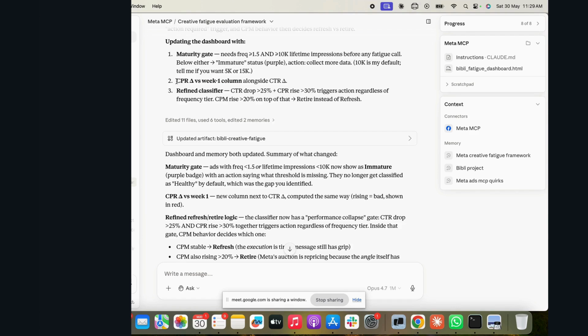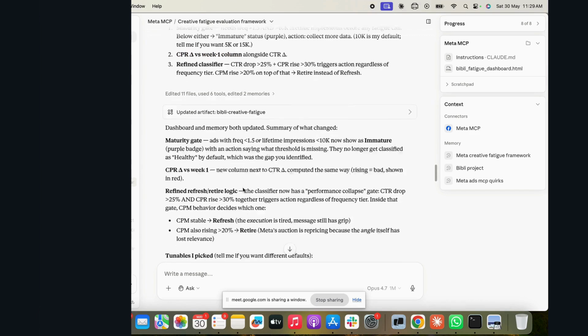And if that is moving in a positive direction, even if CTR is fluctuating and CPM is fluctuating, I don't mind that. So I revised it as my primary metric, because if that is happening, I can still continue the same creative. I don't want to change it.